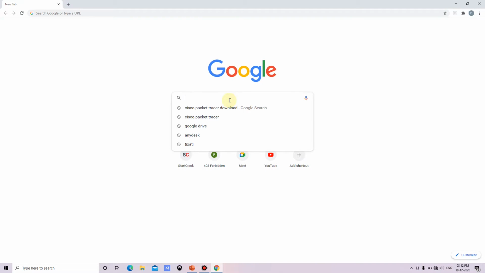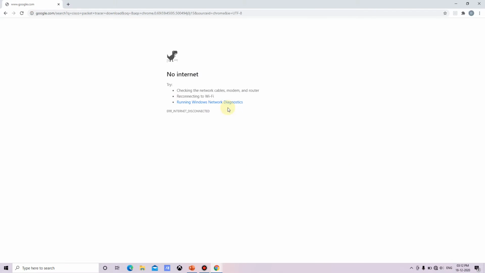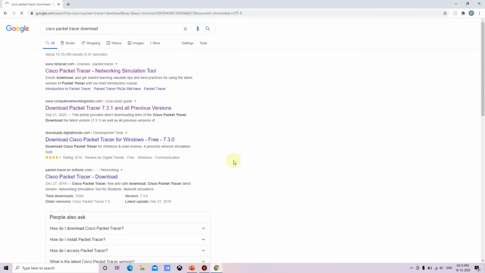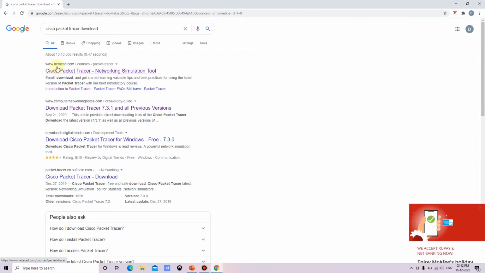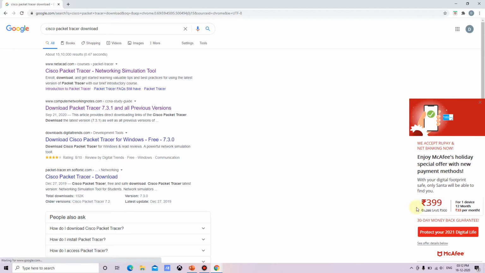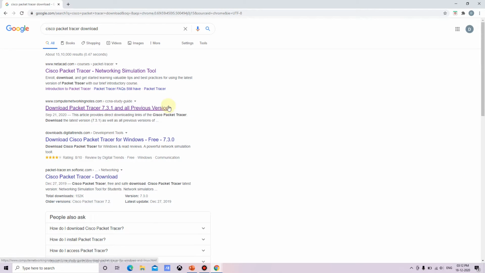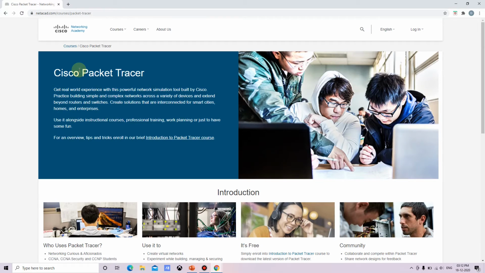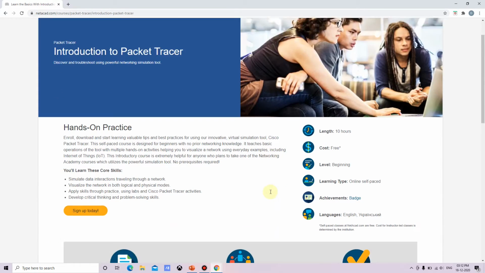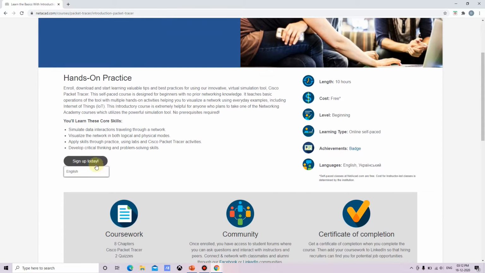In Google, we can search for Cisco Packet Tracer download. There is a website known as NetAcad from where we can download Cisco Packet Tracer. Here we just have to fill up this form, like sign up today.